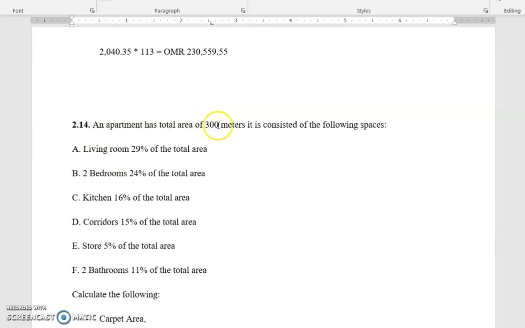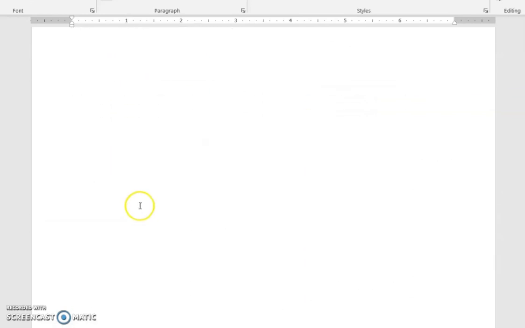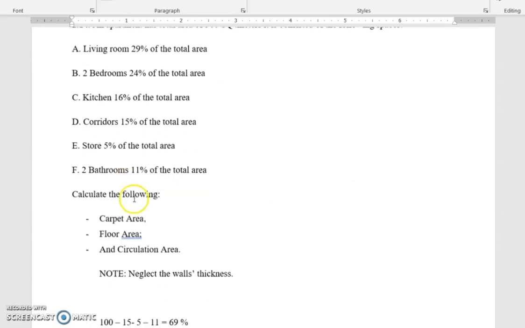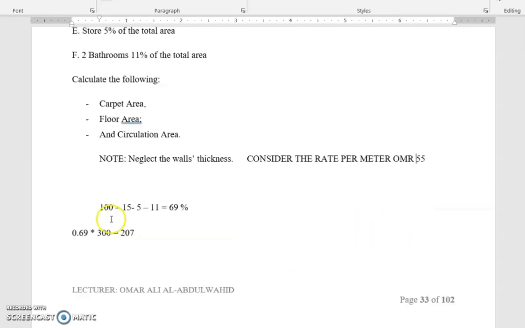So the apartment consists of a total area of 300 square meters. It consists of the following spaces. Now, I think we have forgotten here to mention the area. Sorry, note: consider the rate per meter 55 Omani riyals. Okay. So now